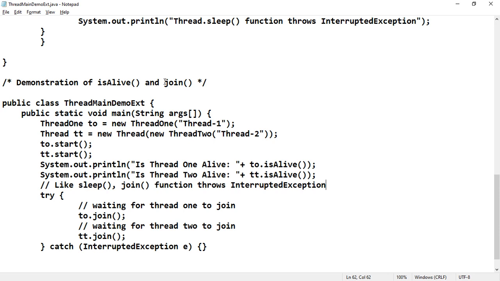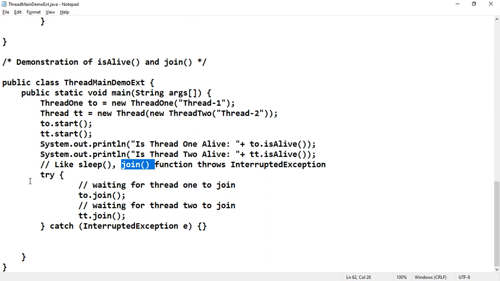That is the reason we wait till the thread completes its execution and joins back to the main method. Like the Thread.sleep method, the join method will also throw an InterruptedException. That is why, while calling the join method, one must use a try-catch block to handle the exception.